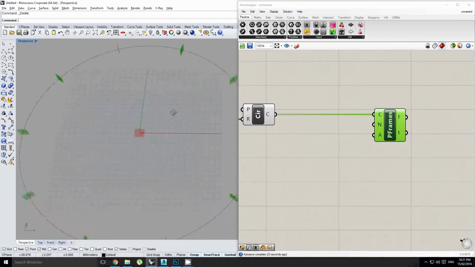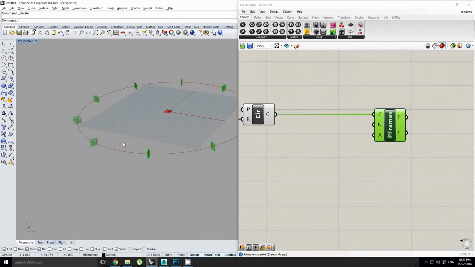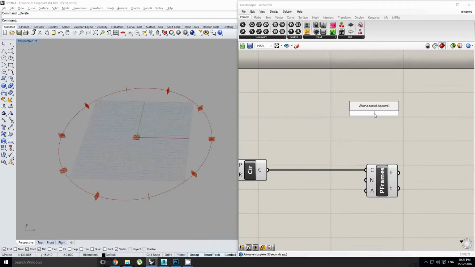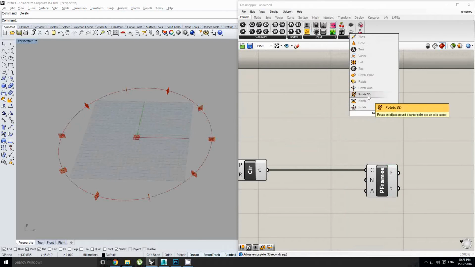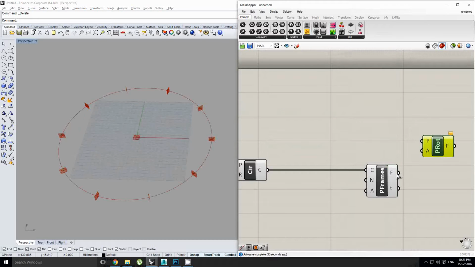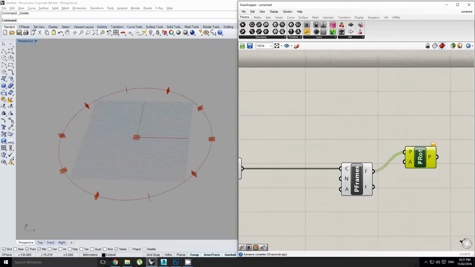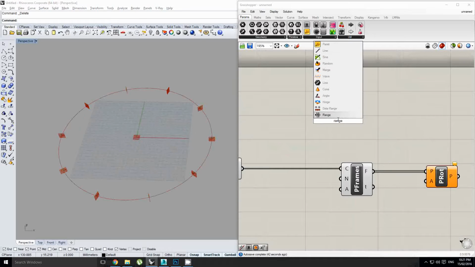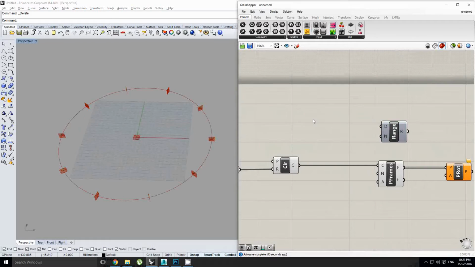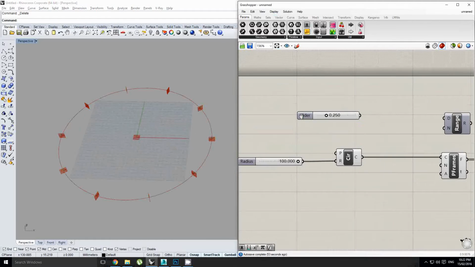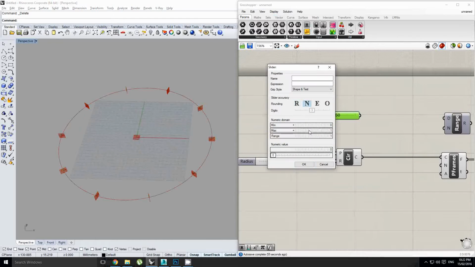Now these planes are all facing inwards at the moment, but what we want to do is rotate those planes around a little bit. So we're going to use the rotate plane component. We're going to plug our plane, or our frame, into there, and our angle is going to come from a range component. My range is always going to be a multiplier of pi, so I'm going to drop down a slider, make it an integer slider, make it up to 10, not 100,